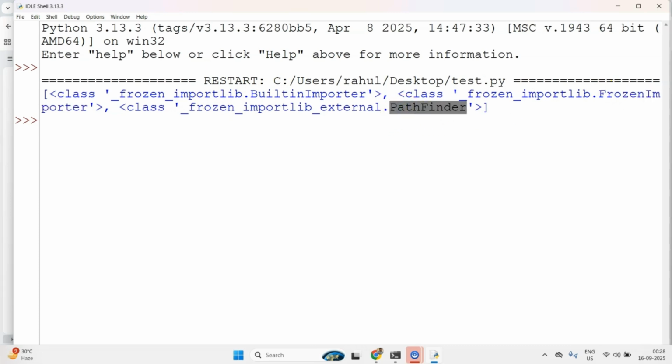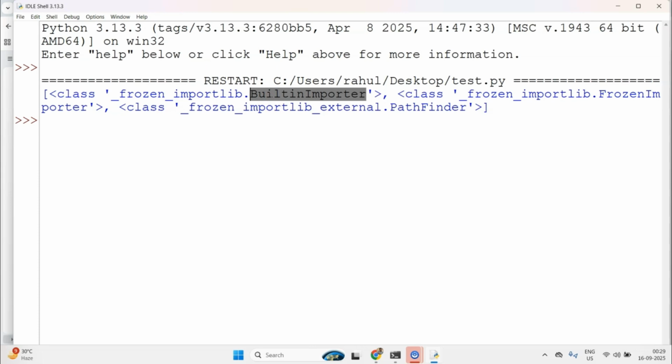Now these 3 importers are kicked in in different situations. Most of the time when you are importing a package which is not there in sys.modules, a pathfinder will kick in, because pathfinder works by looking at the paths in sys.path and then finding the exact package that you are looking for. Now when will the built-in importer be kicked off?